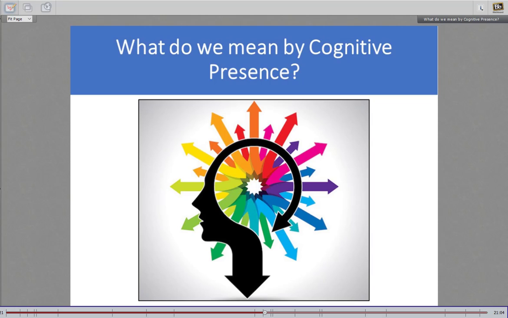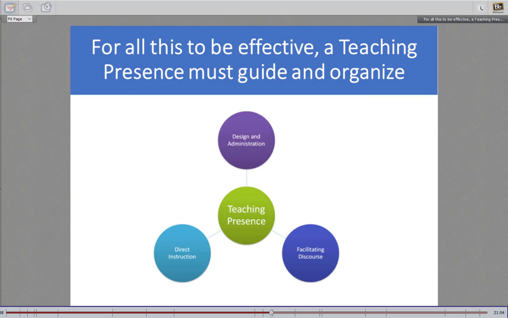I was going to have you type in something, but I think we're running a little low on time, so we'll kind of motor through a little bit. But when you think of cognitive presence, it is about learning content. It is about having people's minds into things. But it also has to do with reassessing as well.